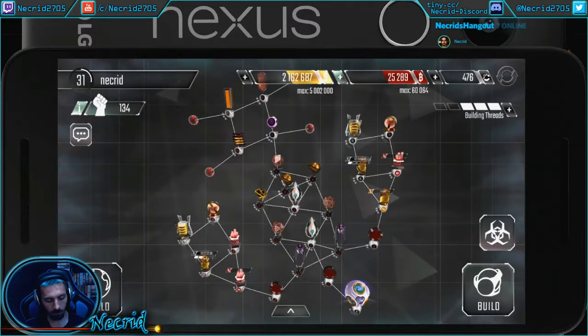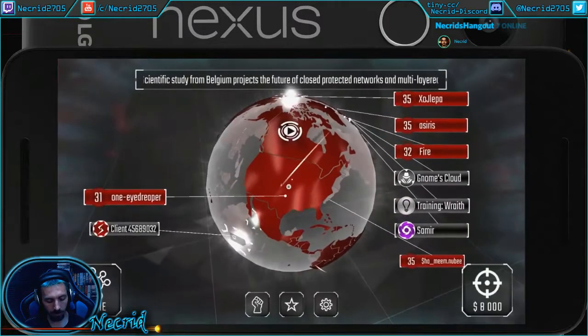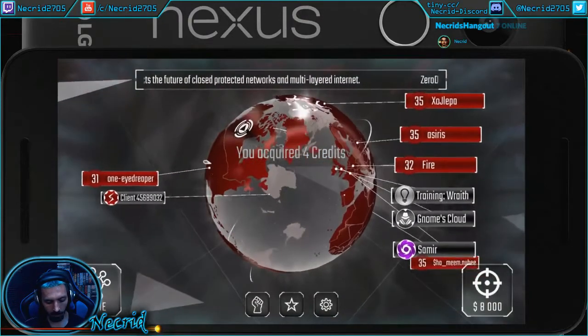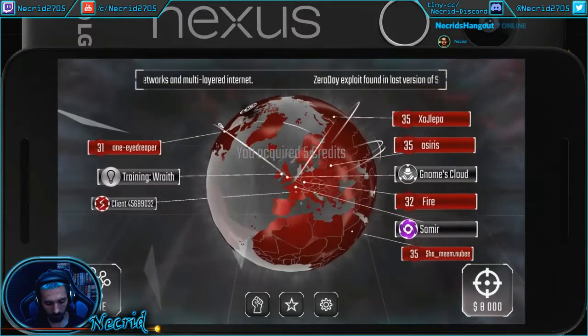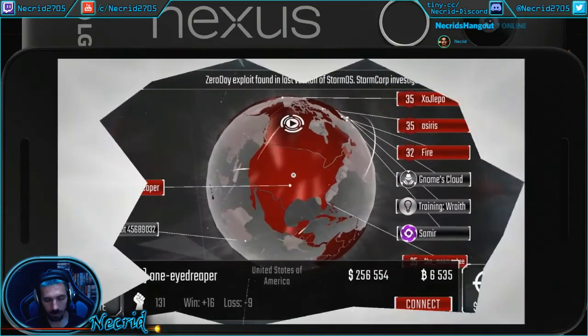Another thing, be sure to check your world menu every day. There's always these glowy bits that you can pick up and get some credits. You don't ever have to actually buy anything in here. And then you can see other people's. So, like, let's see, one eyedropper. So if I connect to him,